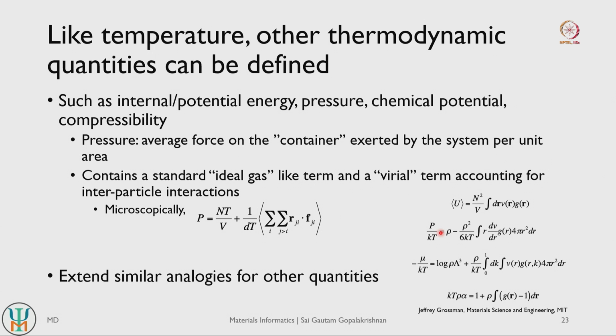So, number of particles is the same, pressure is the same, and total energy is the same, right. So, we can sort of simulate the system under different boundary conditions, right. So, just like having a constant temperature is different from having a constant total energy, same thing with respect to pressure and volume. So, your system will behave very differently when it is under constant volume or isochoric conditions compared to when it is under constant pressure or isobaric conditions.